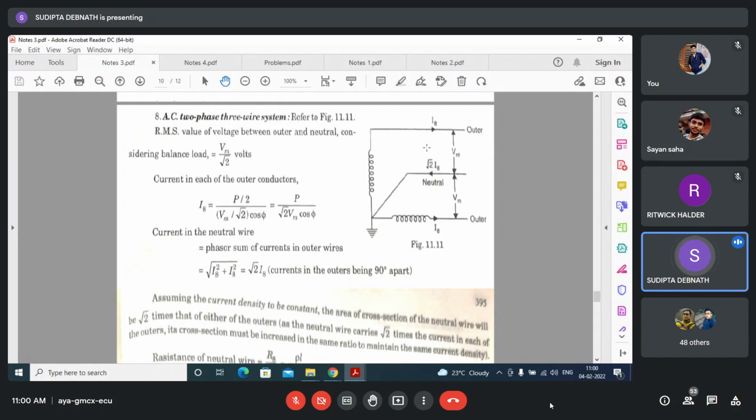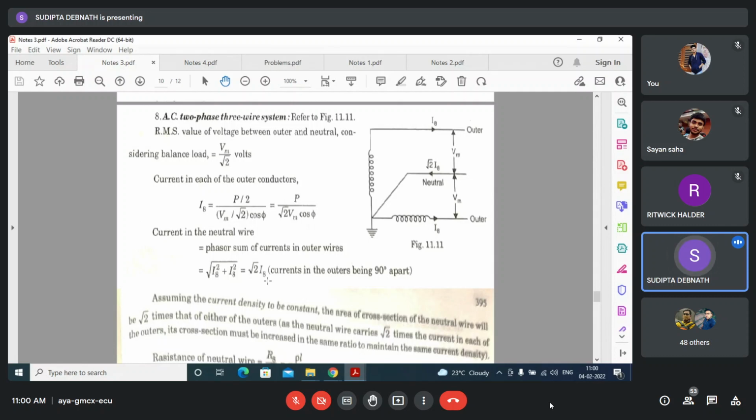Similar to the previous one, per phase power is P by 2. So P by 2 will be equal to Vm by √2 I cos phi. This is very simple. What is the per phase power? That is Vm by √2 into IA cos phi. Okay, so from there we are calculating what is IA. Now current in the neutral wire, I have told that it is √2 into IA